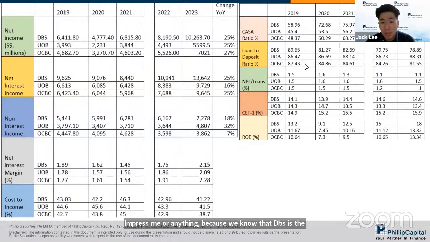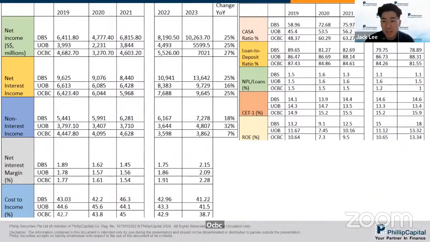And looking at the loan to deposit ratio, actually three of the banks looking quite good. So nothing much we can see. But for non-performing loans, OCBC actually is quite outstanding by having one non-performing loan percentage. And DBS, of course. So looking at it, actually, OCBC performing quite well in terms of the risk part, like non-performing loans is very good. And looking at CET1, OCBC also quite good at 2023, cost to income, all that.